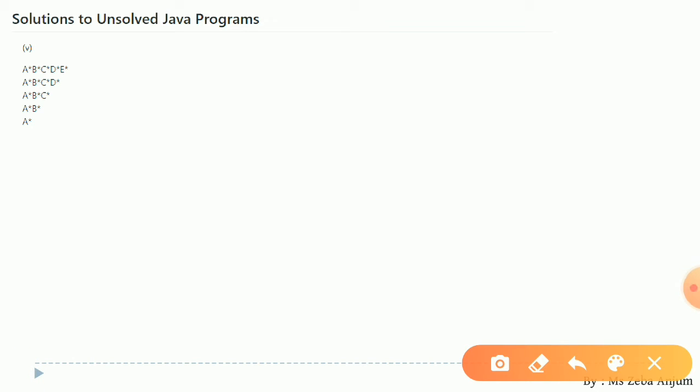Now see the fifth part of the same question number 11. See, again we are having an inverted triangle, but we are having one slight difference in it, that in between every two letters we are having this star symbol with us. Okay, so we have to merge this star symbol in our output. It means whenever we are writing System.out.println, at that time we have to merge this star with it. Okay, now let us see how we are going to write down the code.